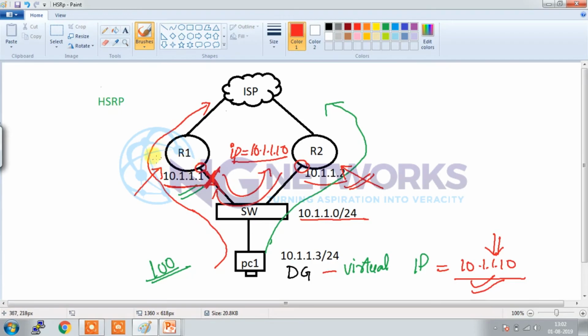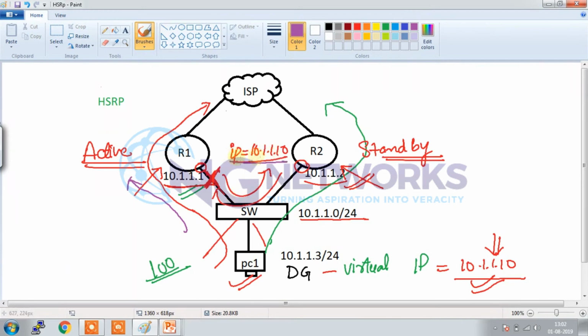Let's suppose R1 becomes active, then automatically R2 will become standby. The traffic of all the users connected to the switch will go via the active router, and for this virtual IP there will be a virtual MAC too.